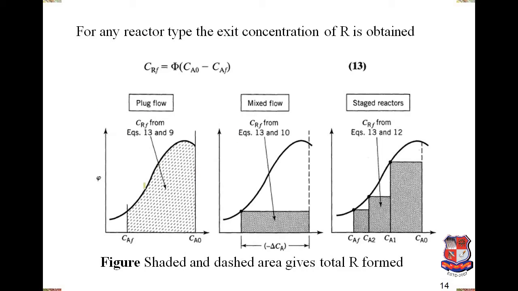Now if it is a plug flow reactor, we have the instantaneous yield versus concentration graph, showing how the instantaneous yield varies from initial to final concentration, and the area under the curve, because we need to integrate it. It's the same previous correlation. The area under the curve ultimately gives you the overall yield in a PFR. If you are using a CSTR, you have to choose the rate at the end of the reaction, like CAf final. So this is the rectangle at the final rate, and based on that you get the instantaneous yield or overall yield in a mixed flow reactor.